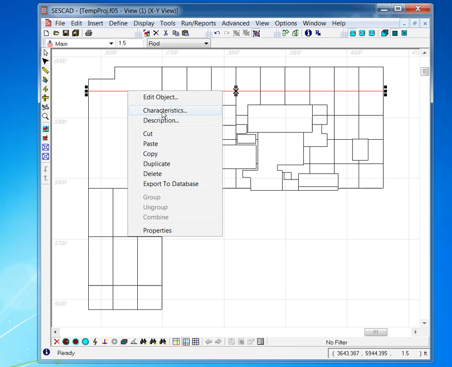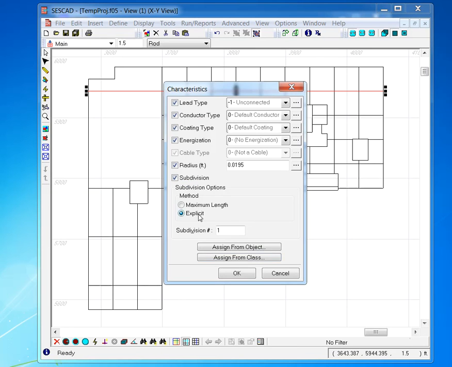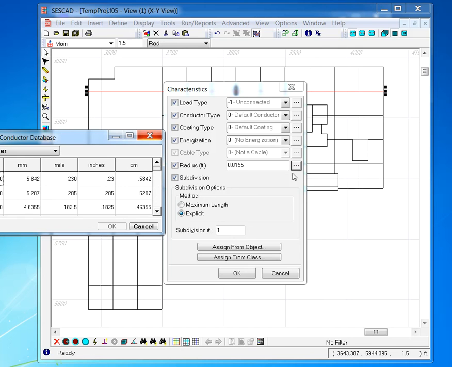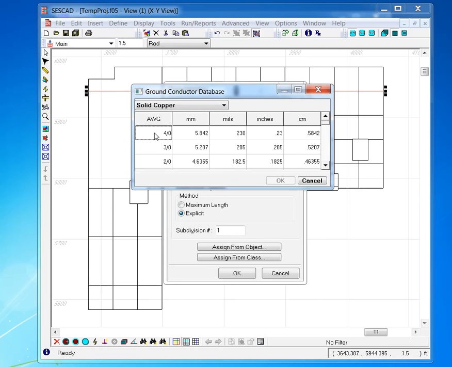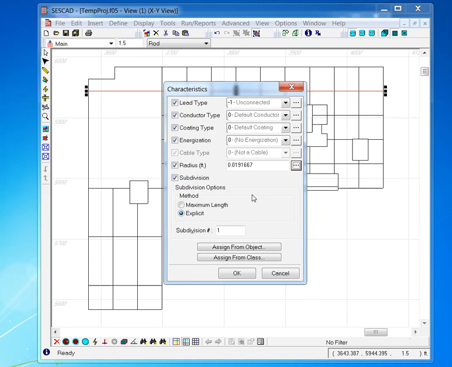If you go to the characteristics, you will see the radius, the primary radius that you used. If you click on these dots, you will see different options that you have: 4 odd, 3 odd, 2 odd. We usually use 4 odd. If you click on 4 odd and click OK,